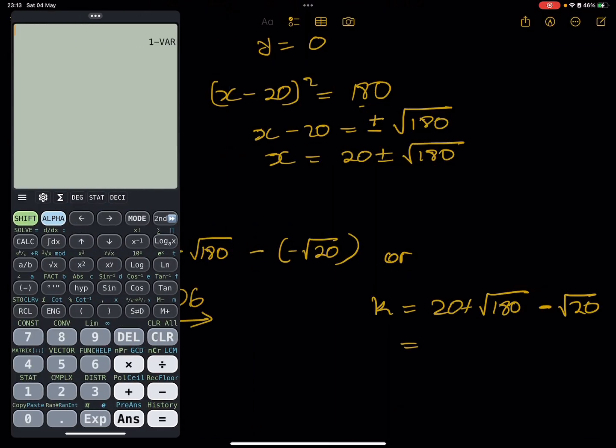So that's 20 plus the square root of 180, so that's minus root of 20. So that's 20 plus the square root of 180 minus the square root of 20, and I get the value to be